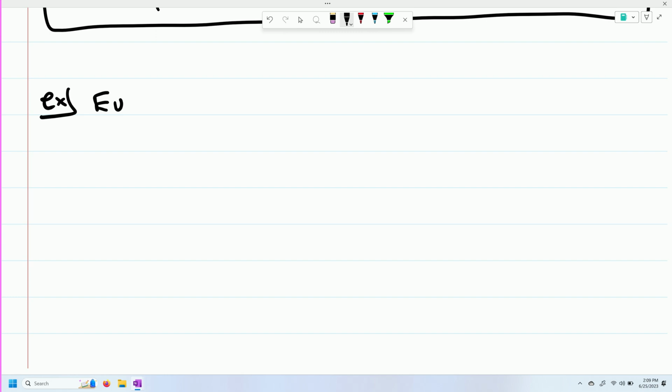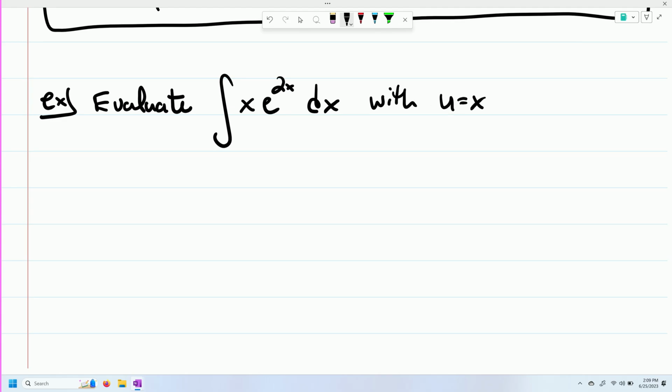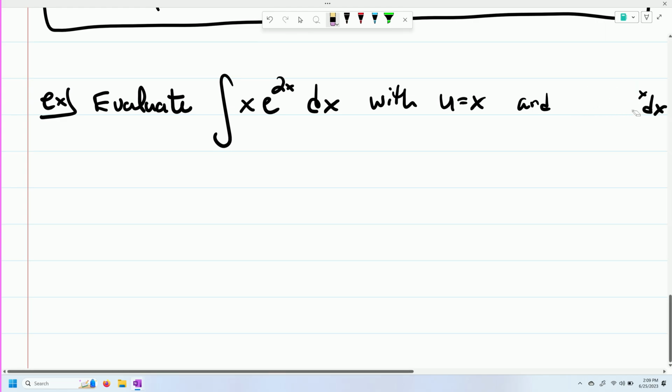Let's evaluate the integral of x e to the 2x dx, with u equal to x and dv equal to e to the 2x dx. In fact, let me rewrite this. And dv equal e to the 2x dx. All right, now,